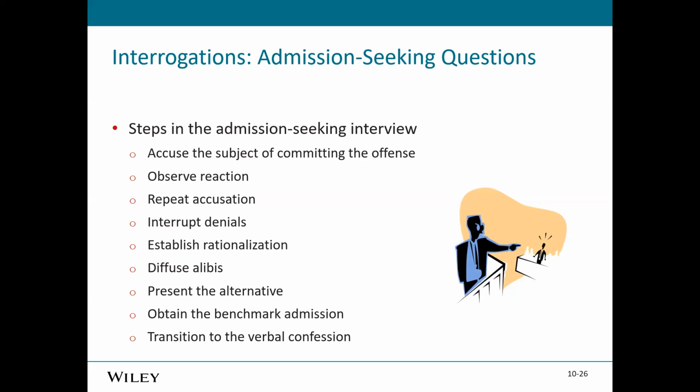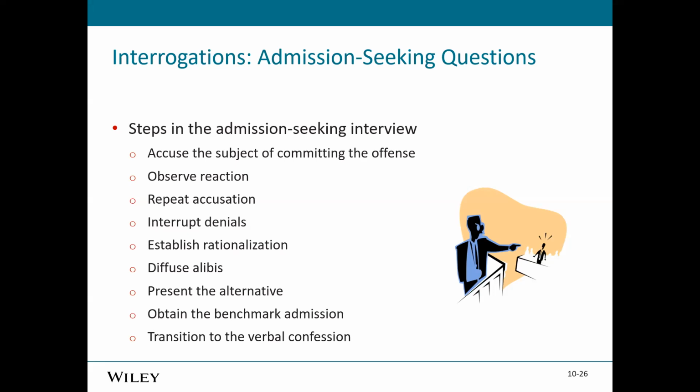And then after we've gotten that benchmark confession, you might say something like, did you just want extra money, or did you do it because you had financial problems? And they might say, well, my mom was in the hospital with cancer. When they say that, they're not directly admitting their guilt, but they're kind of admitting it, because they're admitting that they had those financial problems that led them to steal the money.